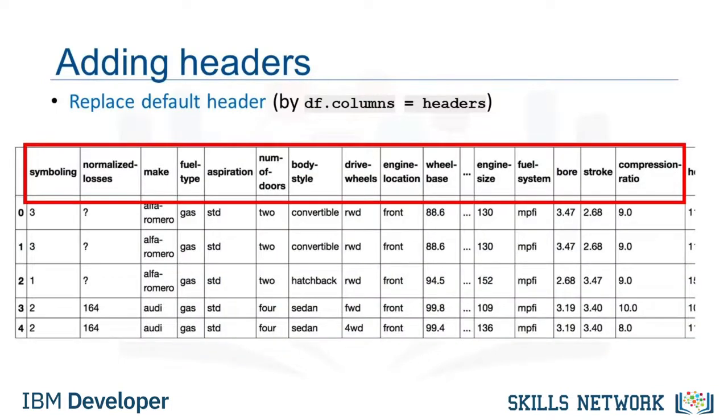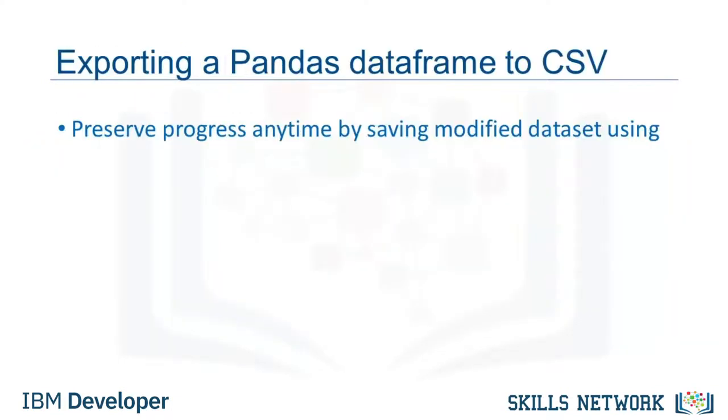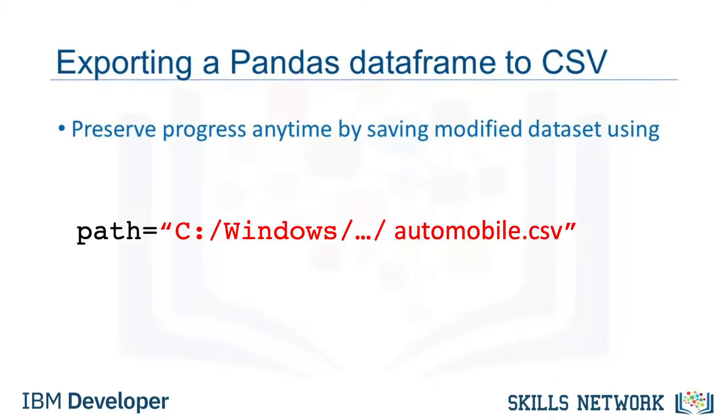At some point in time, after you've done operations on your data frame, you may want to export your Pandas data frame to a new CSV file. You can do this using the method to_csv. To do this, specify the file path, which includes the file name, that you want to write to. For example, if you would like to save data frame df as automobile.csv to your own computer, you can use the syntax